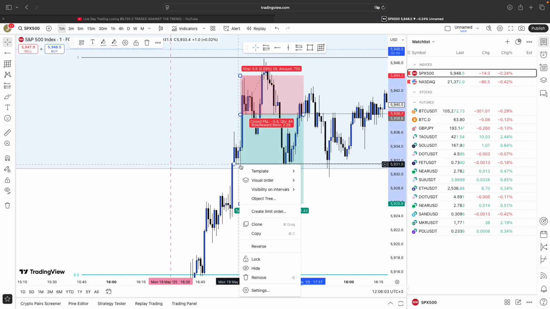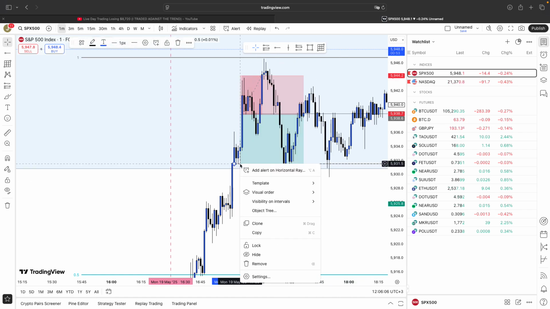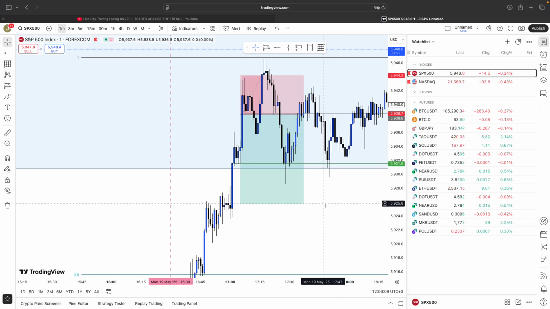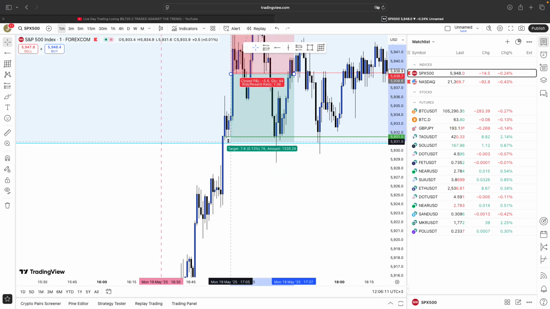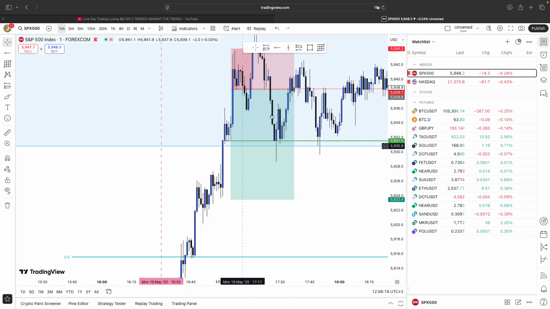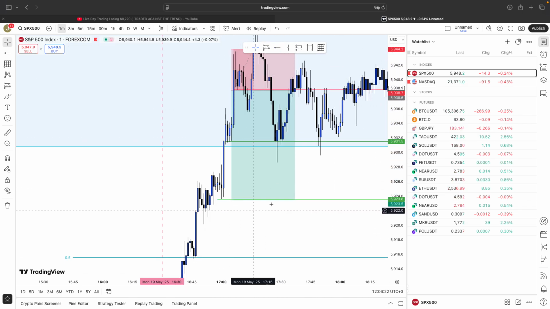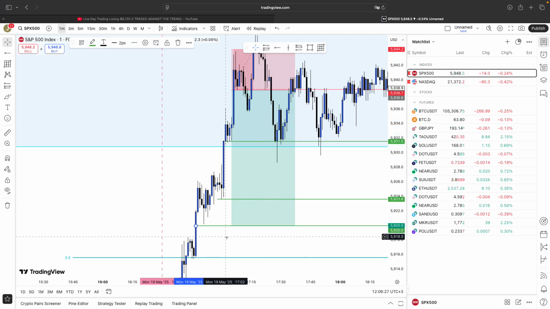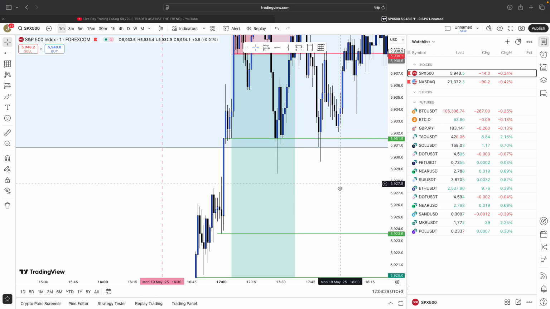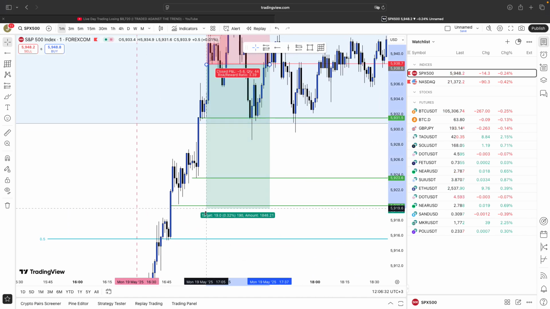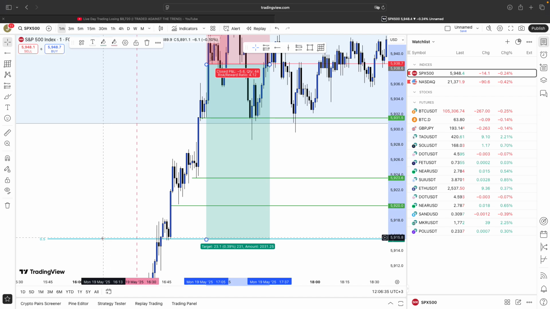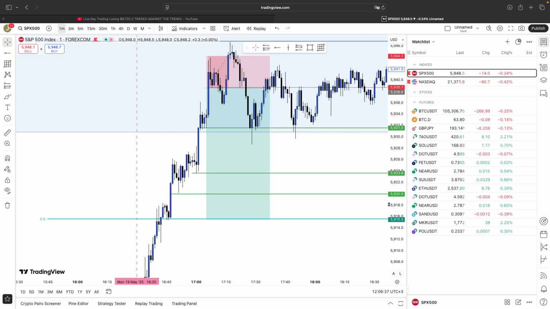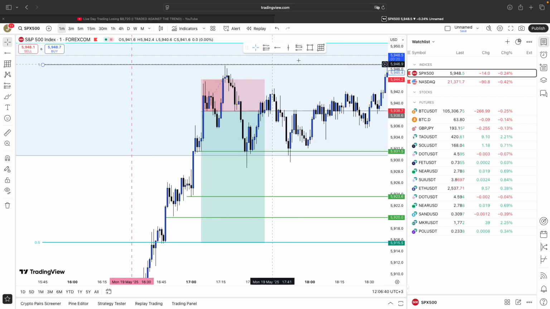I would have targeted this low as my TP1. This would probably be a decent take profit. This is already a 1 to 1.27 risk to reward ratio, so I would take partials here, and then maybe leave a runner for these lows. It would have been an amazing trade, I have to be honest. And maybe even take another take profit here at the equilibrium from this huge rally to the upside. But as you can see,